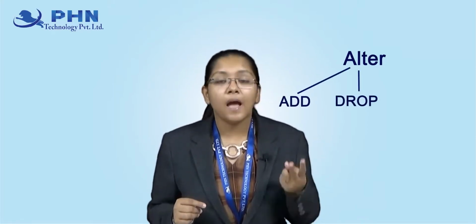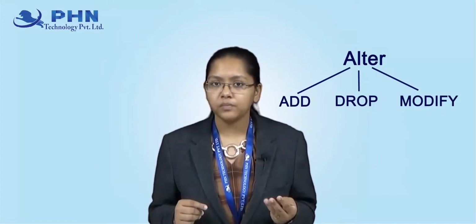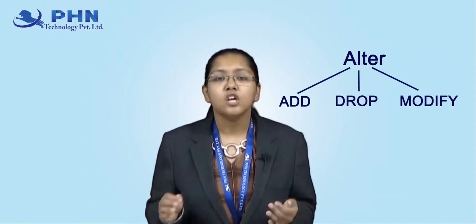The alter command has three main functionalities: add, drop and modify. These are the three functionalities which the alter command supports. We will see them one by one. First we will see add. From the name you can judge that something is being added. Since I want a new column for cash delivered, through the alter command and the add functionality, I can have this new column in my existing table.